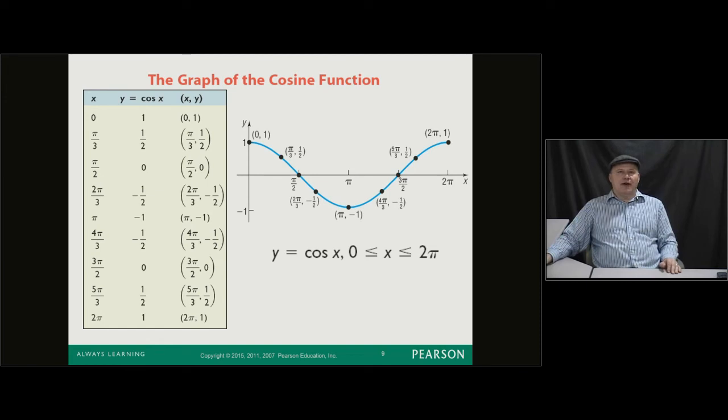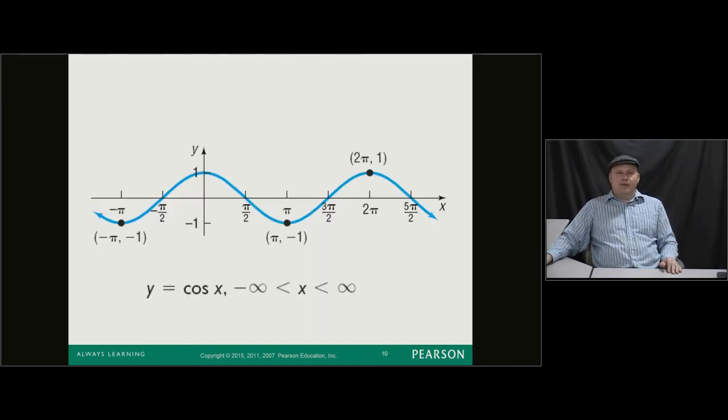So all those values can be found on the unit circle. Just draw the unit circle, go around it, and look at all the x-coordinates as you go around the unit circle. And that's the shape that it makes. When you look at that, you're like, oh, this is different than the sine curve. If you look at the period, between 0 and 2 pi, that will look a little different from the sine curve. But if you draw a little bit more of the graph,